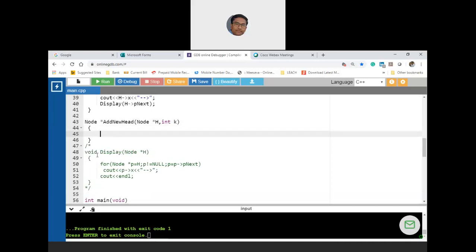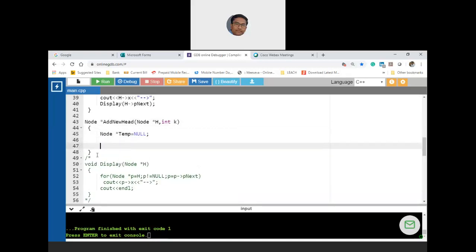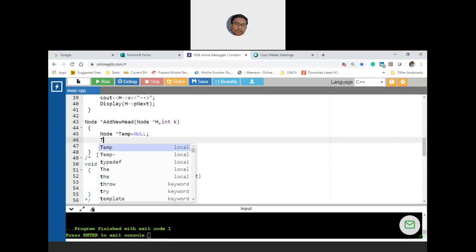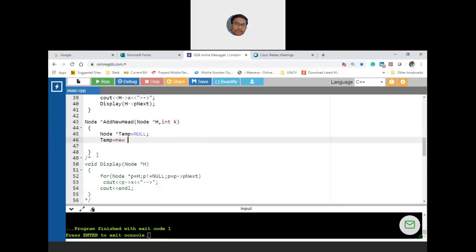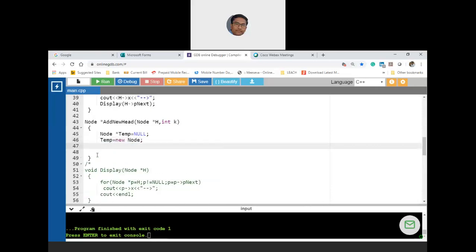Now inside this, I need to create node star temp is equal to what? At the beginning, I have to change. That means temp is equal to new node. Then temp arrow x must be k.